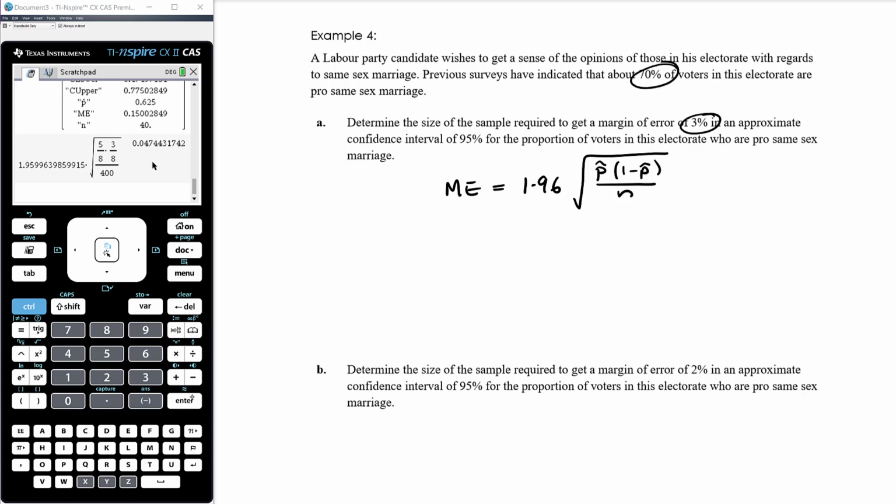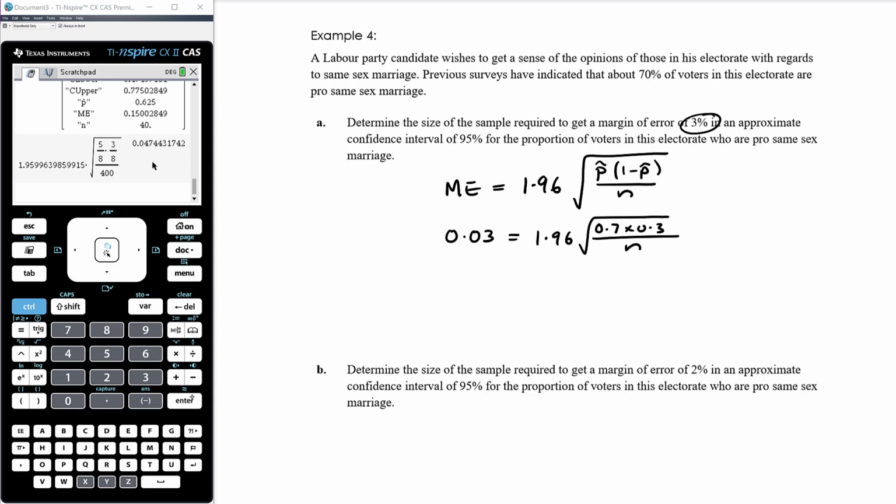Well, we can use that as an approximation for p hat. So we want to work out what the sample size has to be to ensure a margin of error of 3%. So if the margin of error has to be 3%, which is 0.03, that has to be 1.96 times the square root of, using the previous sample proportions as an estimate for this sample proportion, 0.7 times 0.3